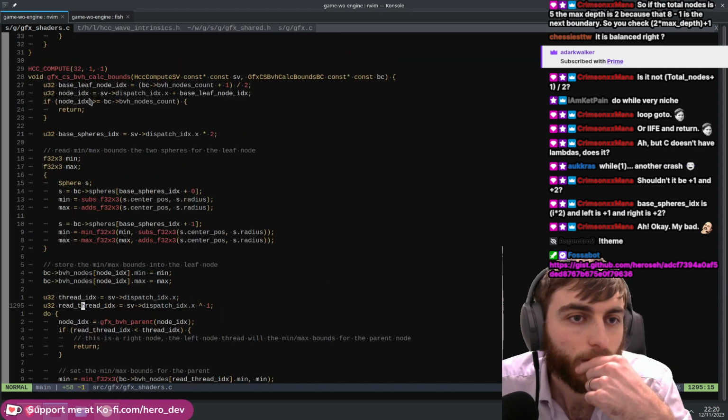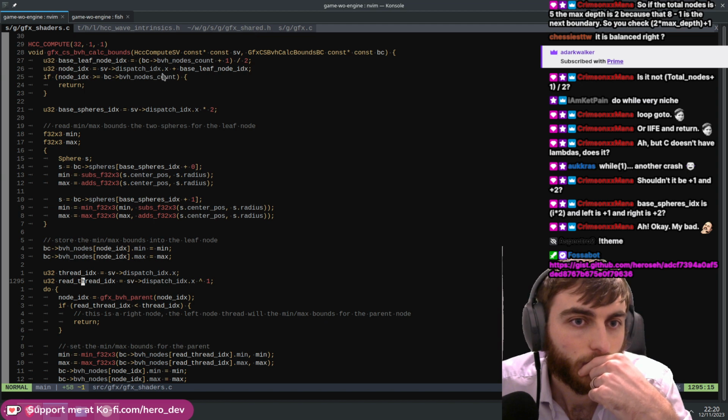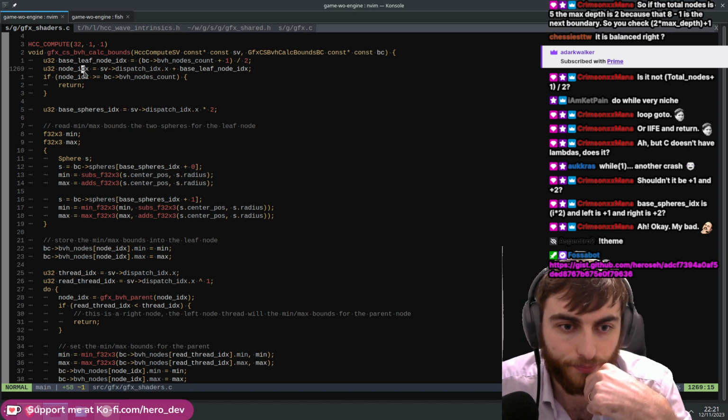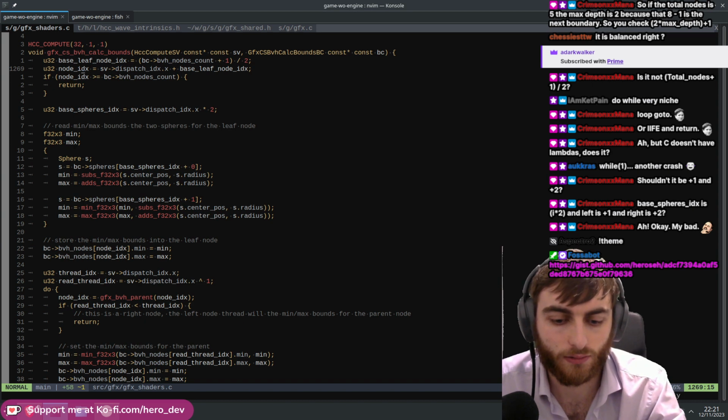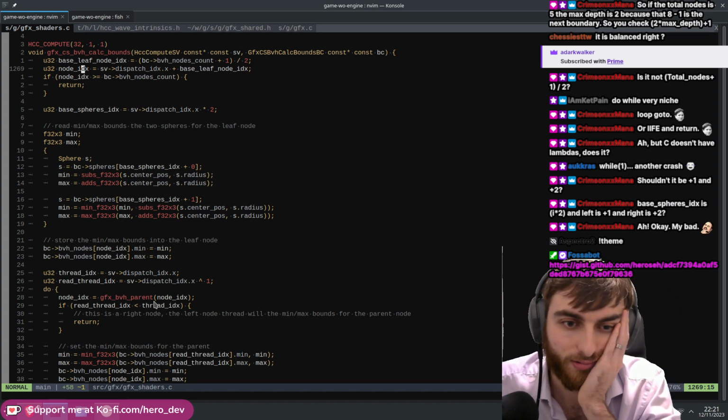Right, my base thread. My node index is that. So to get your friend's node index is that, but then you have to go up the same number of parents that they've gone up. So if you've gone up a parent,